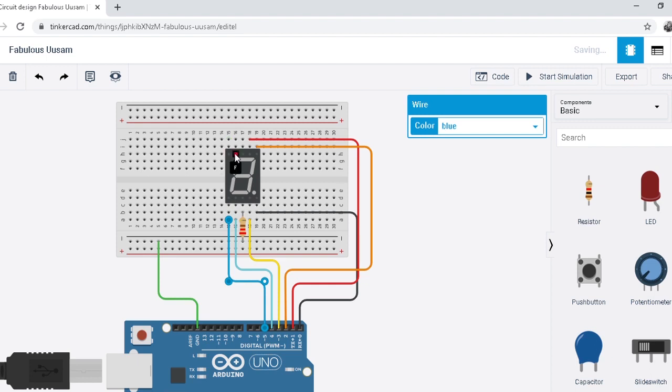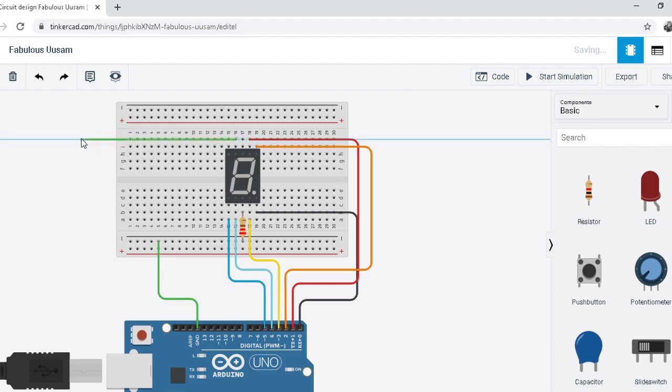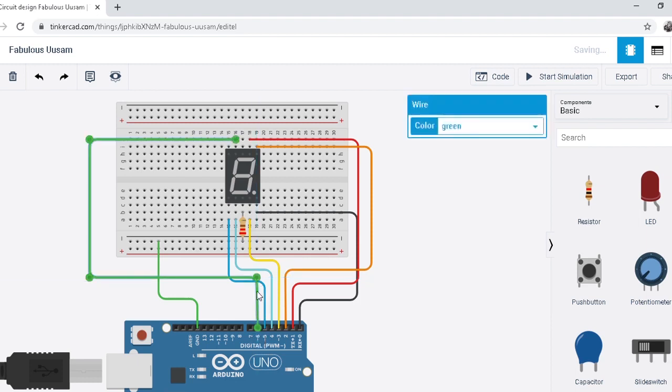Then the F pin to number 6, then the last pin, that is the G pin.